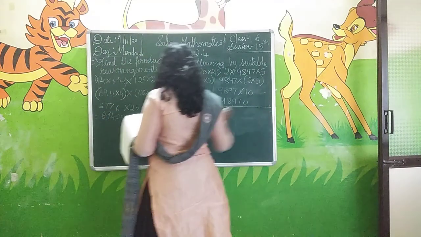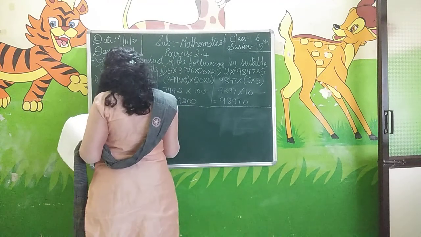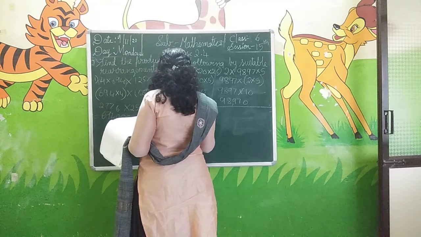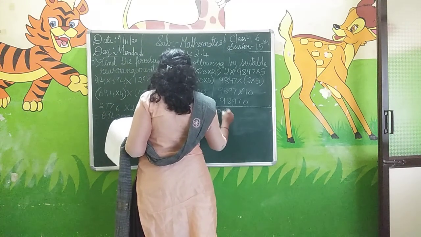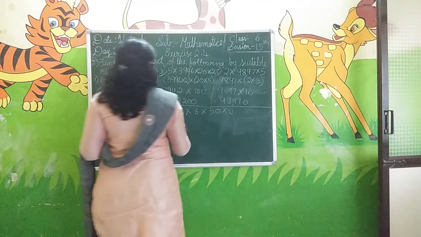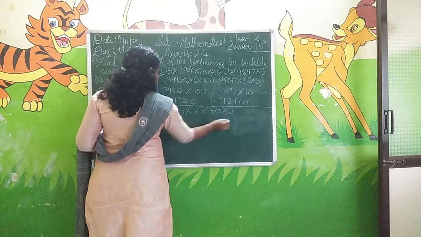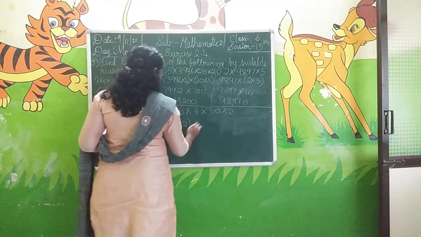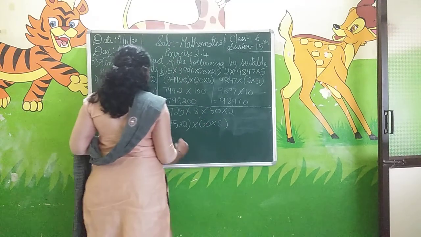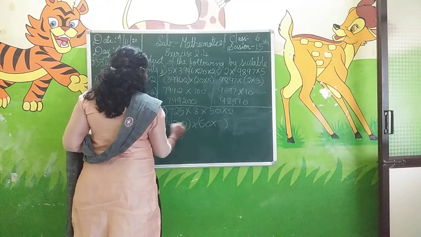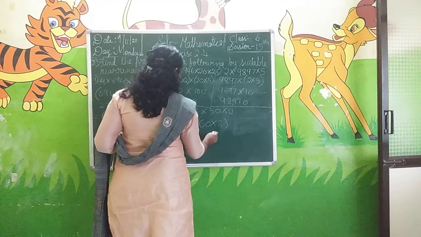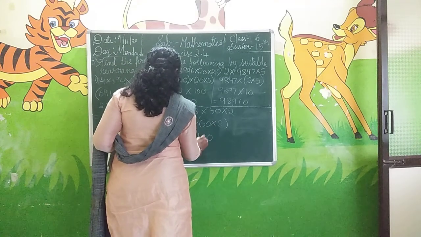Next, come to the D problem. 725 is multiplied with 8 into 50 into 2. Okay, 725 into 2, you do it, and again it should be multiplied with the 50 into 8. So 2 5s are 10, 1 carry, 2 2s are 4, 4 plus 1 is 5, 2 7s are 14. And it should be multiplied with 8 zeros are 0, 8 5s are 40.